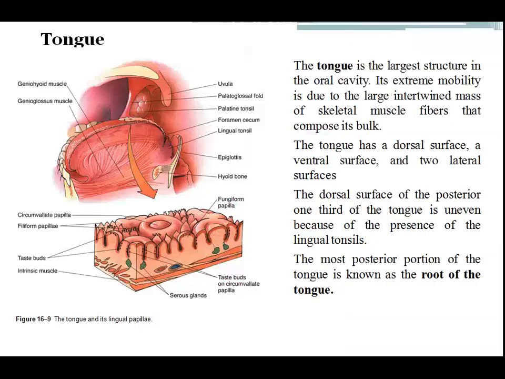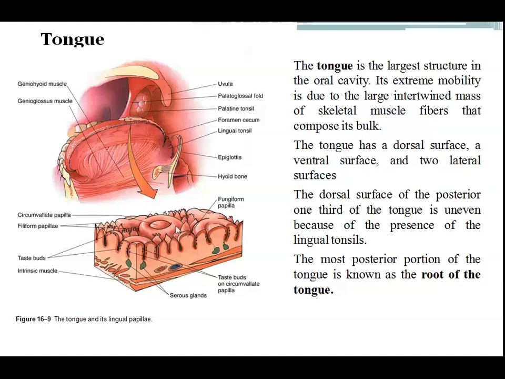Now let's go to the next component of the oral cavity. That is the largest component, the tongue. It has extreme mobility, and it participates not just in digestion and mastication, but also in the formation of speech. And it has a dorsal surface and a ventral surface. The dorsal surface is covered by masticatory mucosa, and the regions where we will have taste buds will be specialized mucosa